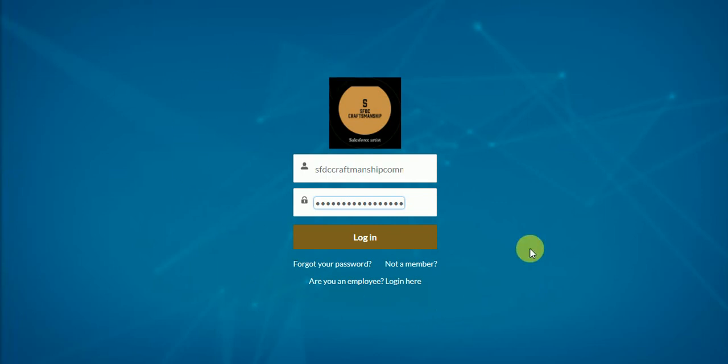This is the standardized one which is provided by Salesforce, and it has three sections. One is for the username, another is for the password, and we also have a login button. Here I've entered my username and password and clicked on the login button, and this allowed me to log into this community.